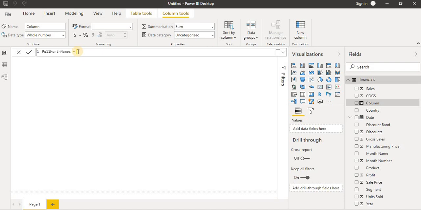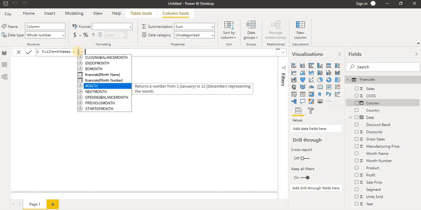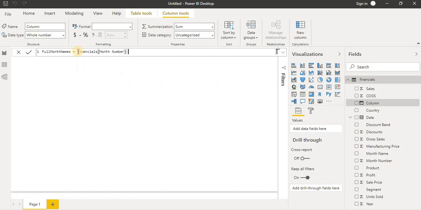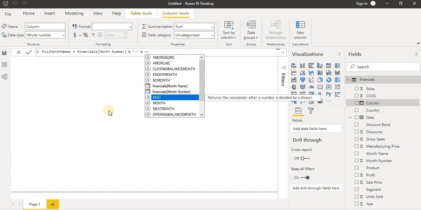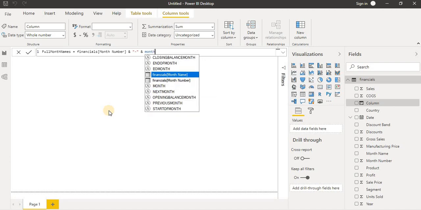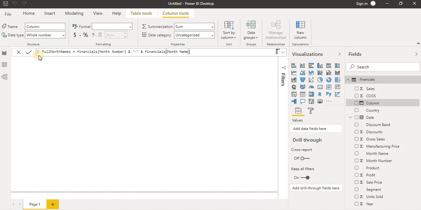So I'm going to take the month number, and if I want some aggregation, or some calculation between the two, we can combine these two using the and symbol, and here month name, and I have given the column name as full month name.